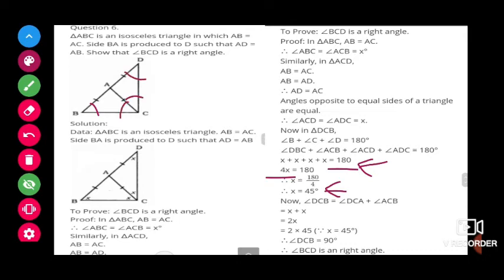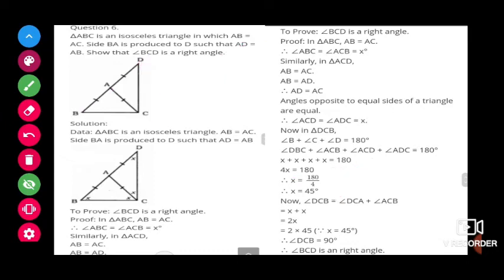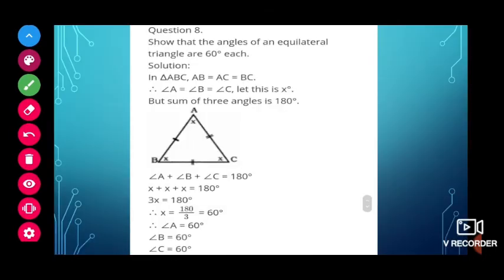But what we have to show means this angle is 90. So this angle is a combination of both ACB and ACD, that is x plus x. So we will take x plus x as 45 plus 45, which is nothing but 90 degrees. That's what they asked. We have to prove that angle as a right angle. Very easy, no, children? Almost all the geometry you are having will be very easy for you. Only you have to think the logic.